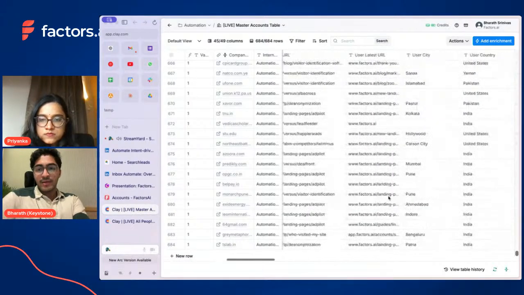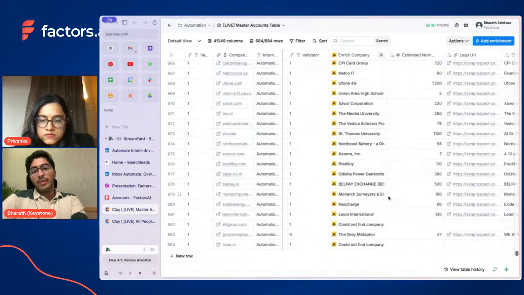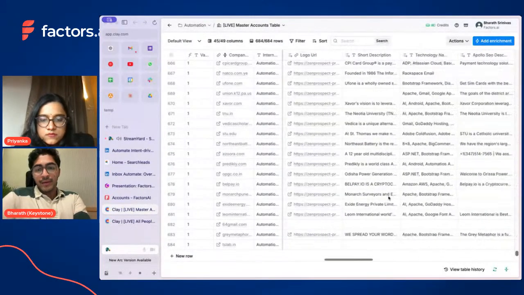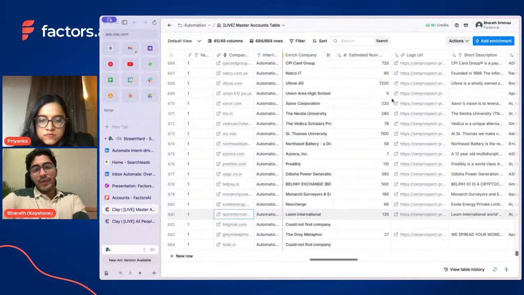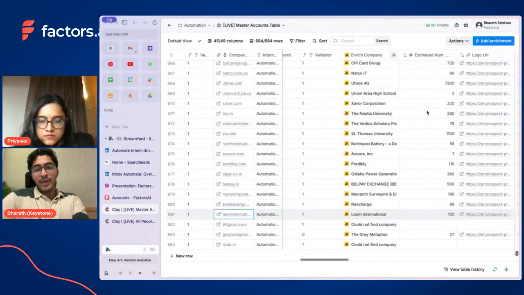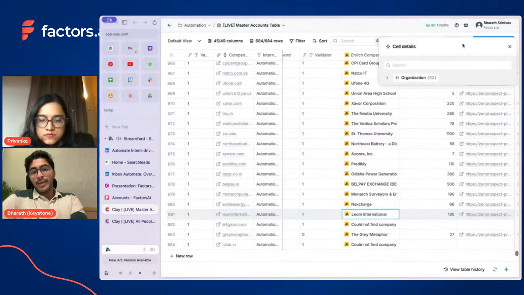Where this starts really is when we first get some information from Apollo. Each row represents a new record, a new company, and each new column represents a data point that is retrieved from an enrichment.